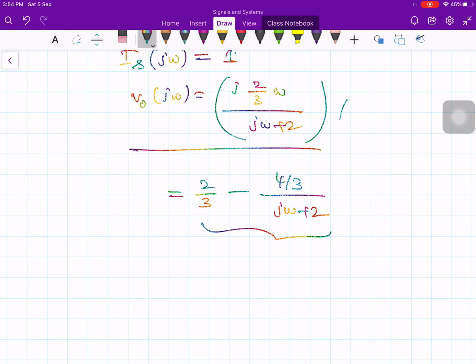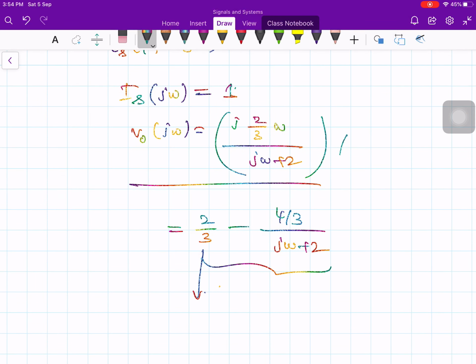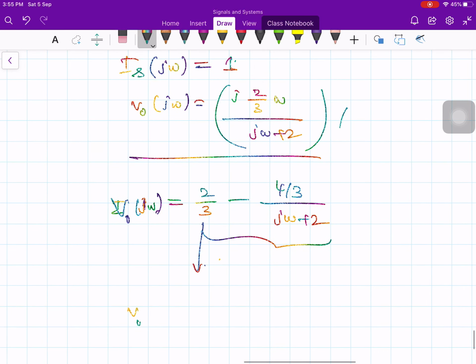Okay, so this is what we call partial fraction expansion. We will talk about this in greater detail when we go to the Laplace transform. But you can easily see that this contains 2 by 3 minus 4 by 3 divided by j omega plus 2. So I try to break this up into two parts, each of which can be recognized to be the Fourier transform of known functions. Let's say this is V naught of j omega, then if you take the inverse Fourier transform, V naught of t is going to be 2 by 3 times del of t